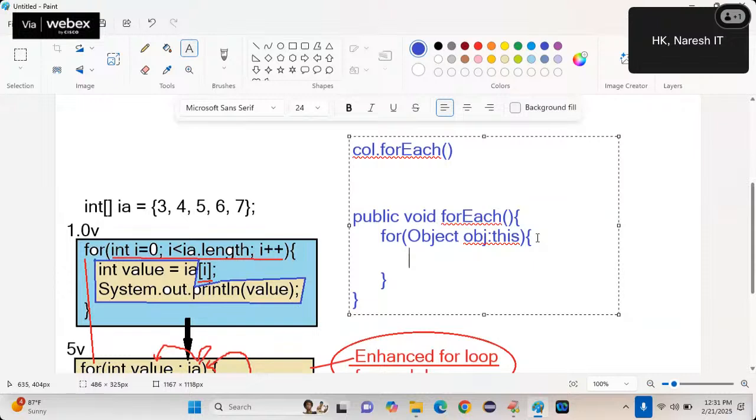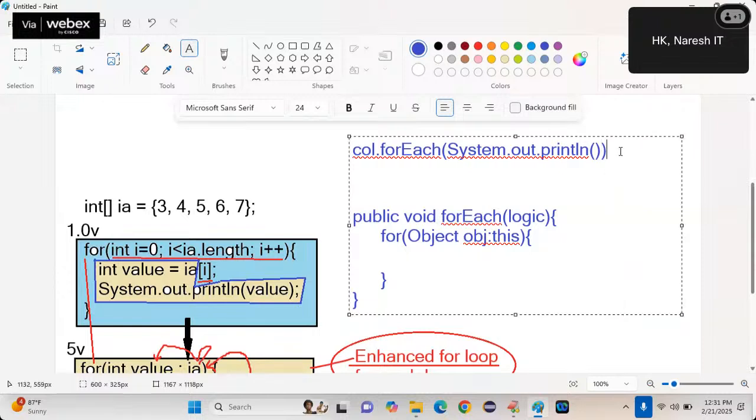It will give the object to you. How will it give the object? By using a parameter. How do you want to use this object? Pass that logic here. How do you want to use that object? You want to consume it, which means you just want to print. Here what should I write? System.out.println. Everybody, System.out.println. I am not directly telling, I am trying to explain. So now this System.out.println comes as the logic here, and that logic will be used. The object will be passed to the logic.